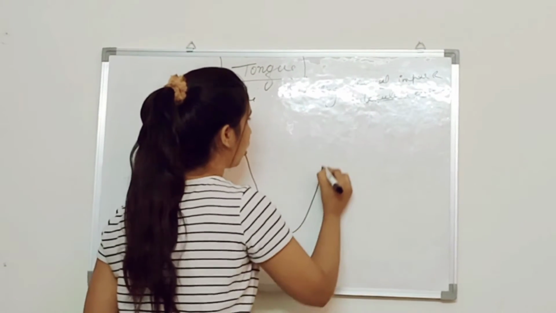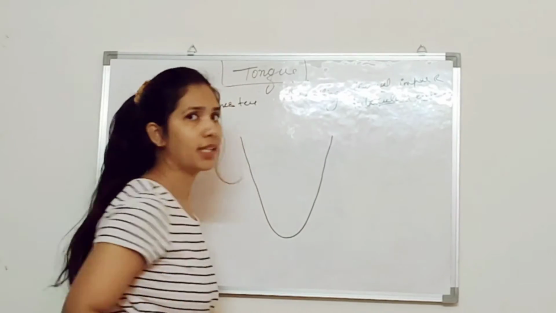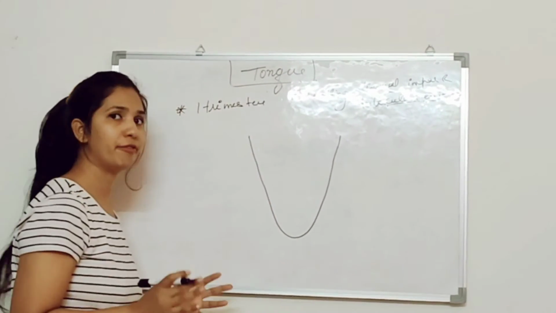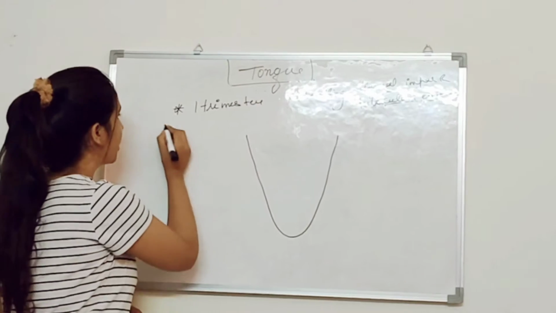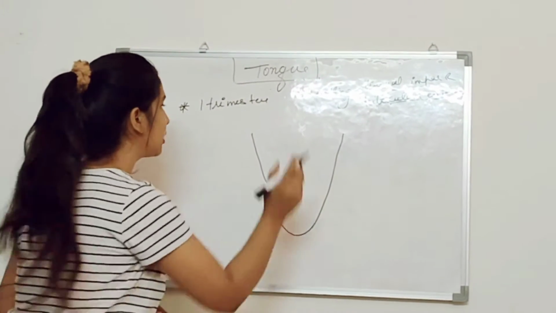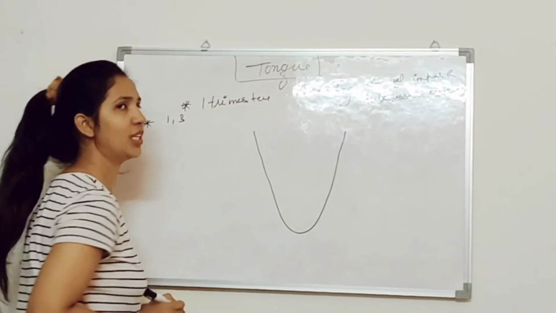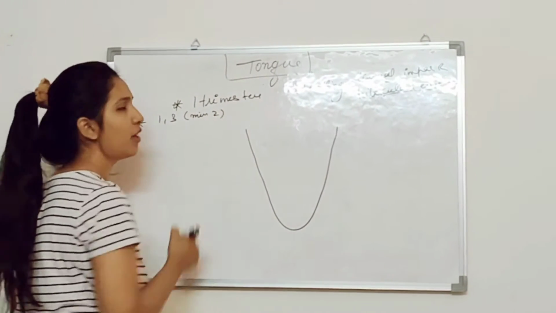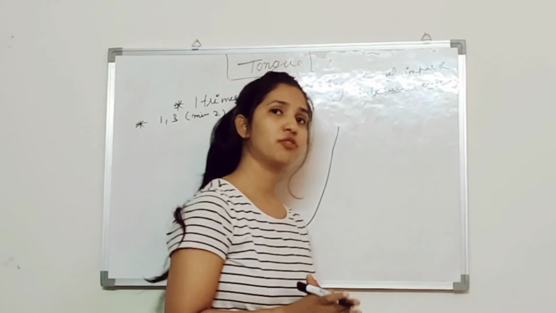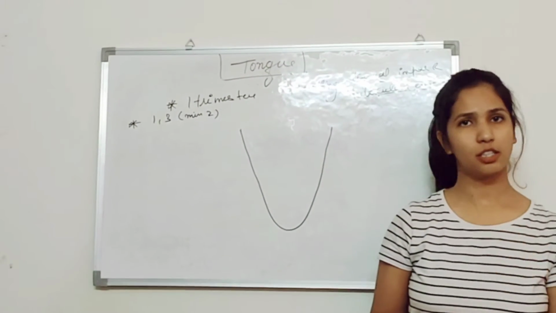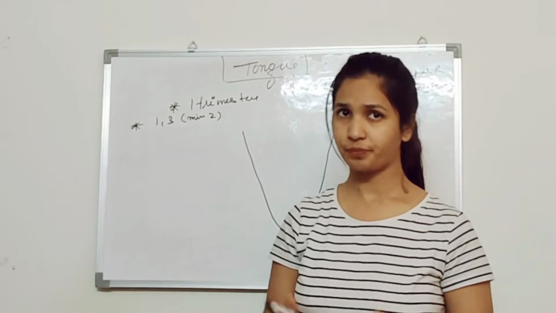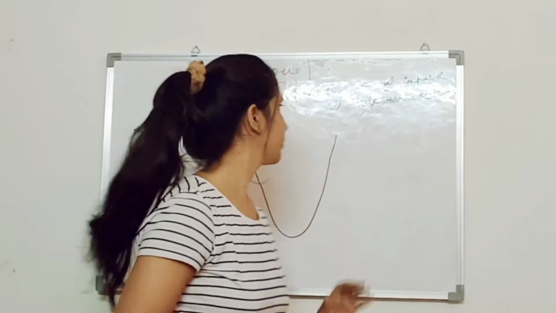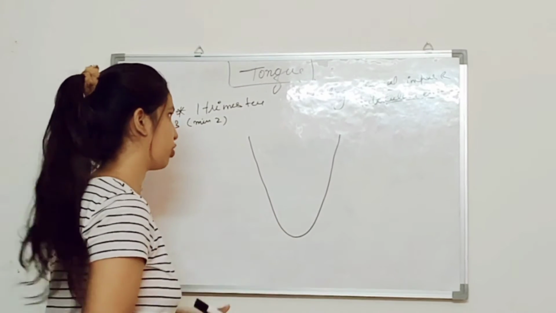If I refer, you are already aware from your lower classes, the diagram of the tongue is something like this. So we have to discuss every feature of the tongue one by one. As I told you in the previous video, the tongue is formed by the first and the third pharyngeal arch and a minimum second pharyngeal arch. So the pharyngeal arches which participate in the formation of the tongue are the first and the third, and the second participates a little; the third covers the second one and engages with the first to form the tongue. So this is a schematic presentation of the tongue.